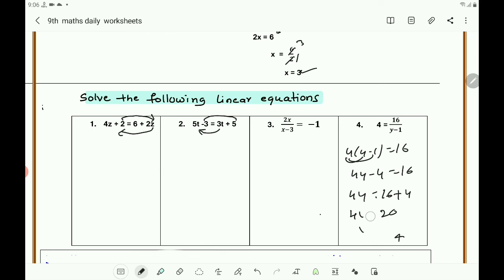Here the hint is given. You must do it yourself only, because it is the activity for you. I have just given the hint. So following that hint, you must solve for the value of x. That is the solution of the linear equation.